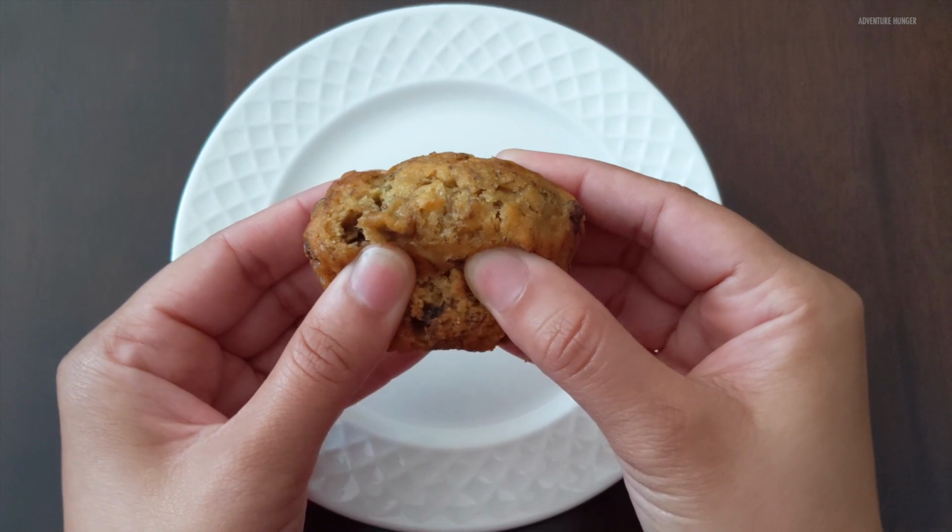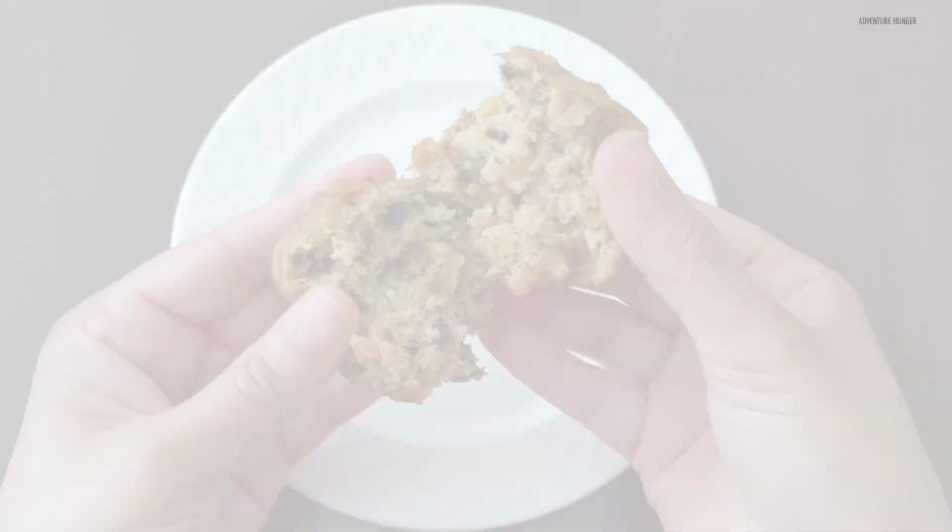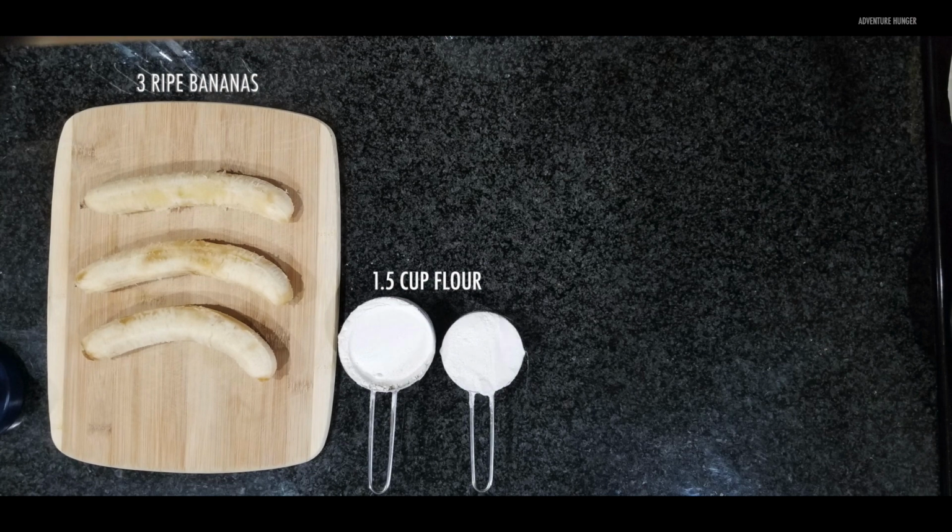Welcome to Adventure Hunger. Today we are going to be making our soft and fluffy banana chocolate chip muffins. The ingredients you'll be needing today are 3 ripe bananas, 1.5 cups flour,